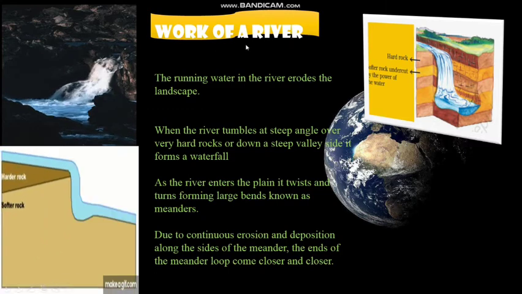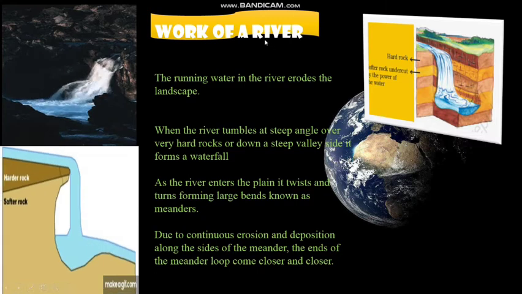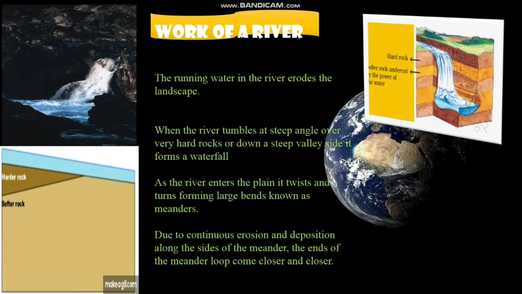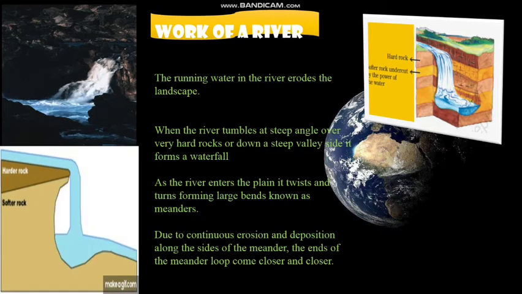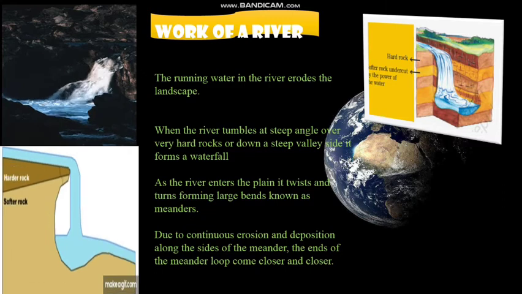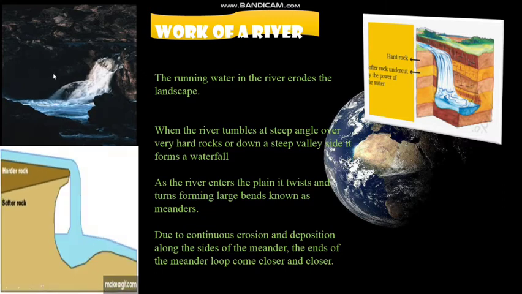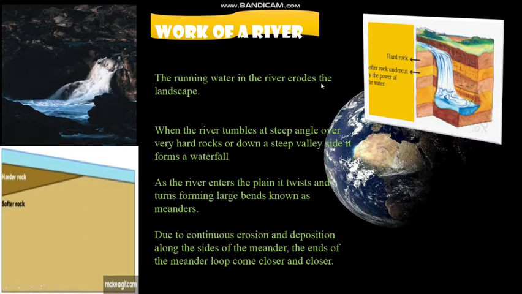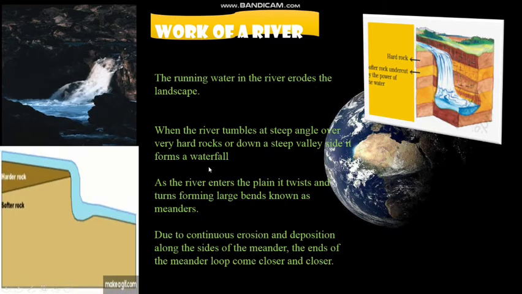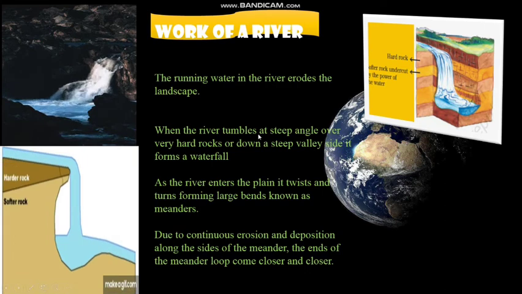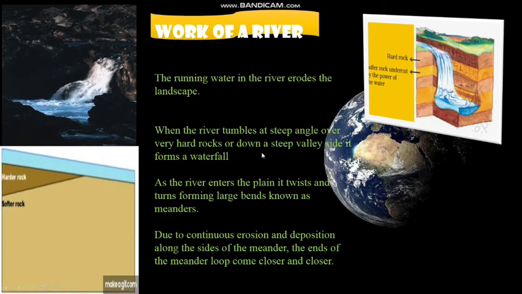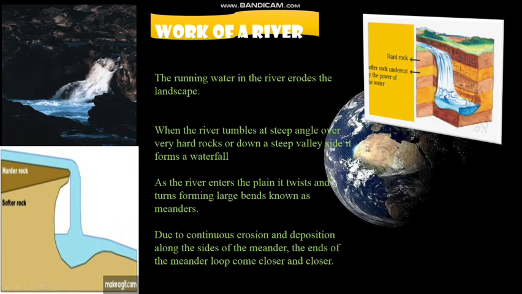Under work of a river, you will be learning about meanders, oxbow lake, floodplain, levees, and you also will be learning about how waterfalls are formed. The running water in the river erodes the landscape. Do you all know how a waterfall is formed? Yes, when the river tumbles at a steep angle over very hard rocks or down a steep valley side, it forms